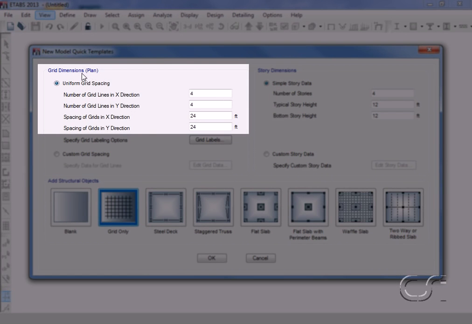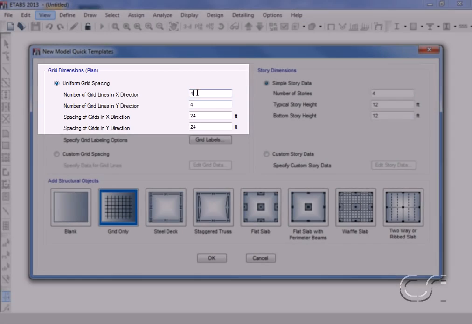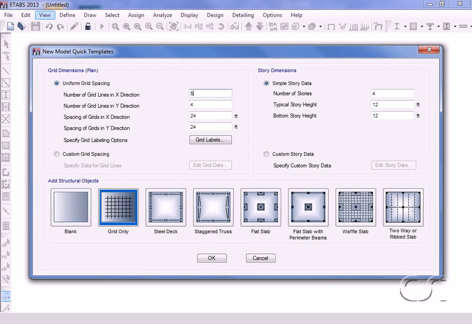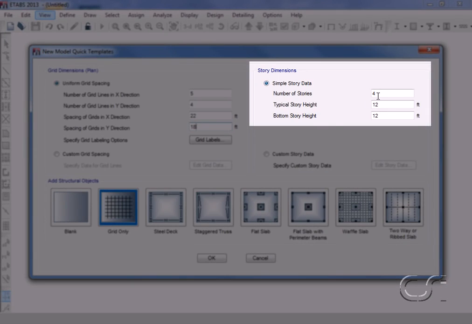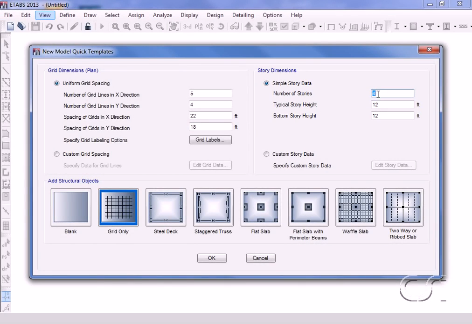On this form, we will start by setting the grid spacing. Set the number of grid lines in the X direction to 5, in the Y direction to 4, the X direction spacing to 22 feet, and the Y direction spacing to 18 feet. For the story dimensions, set the number of stories to 6, and verify that the story heights are set to 12 feet. Click the Flat Slab with Perimeter Beams button,